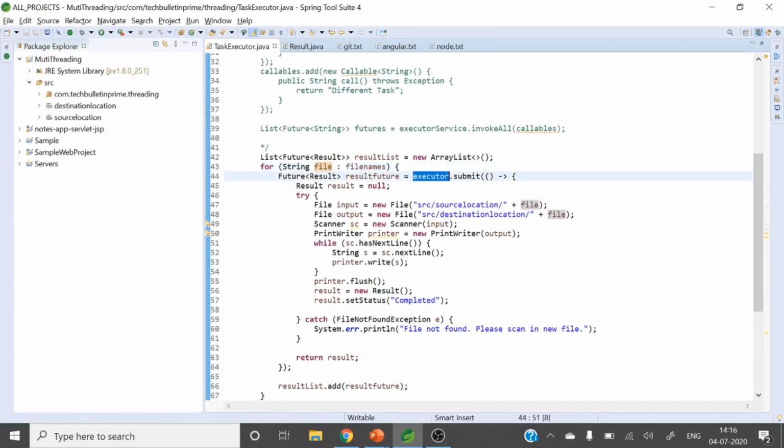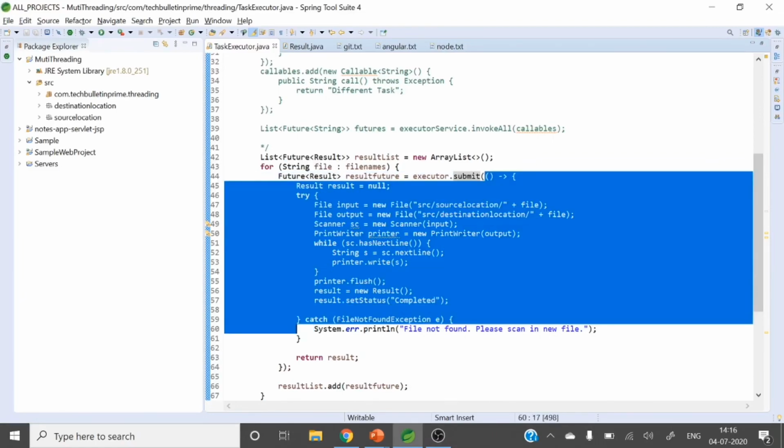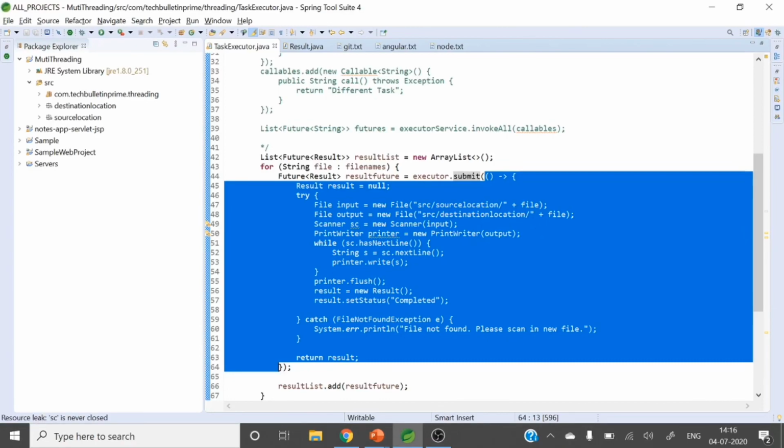Here I am calling executor.submit. So I am submitting my task to the thread pool. This entire thing is a callable object. So here I am passing a lambda expression.